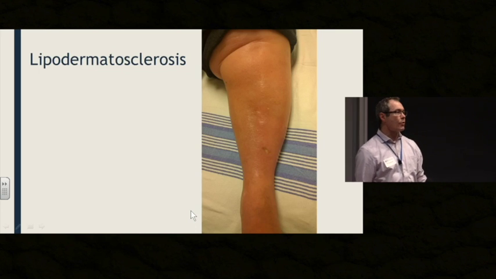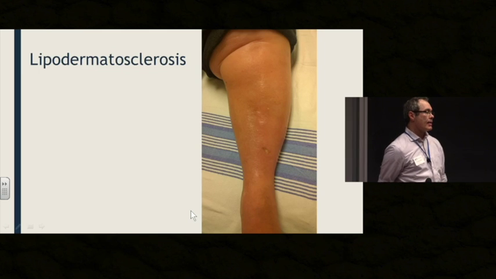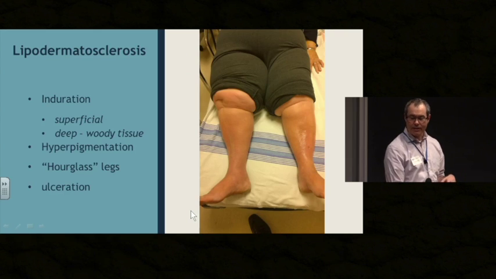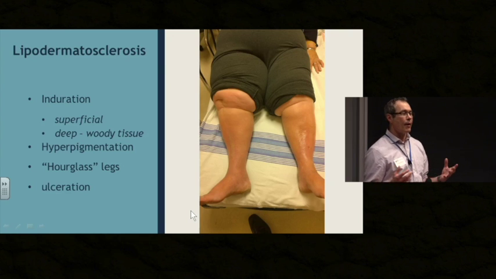So lipodermatosclerosis sounds like a mouthful, but it's lipo, subcutaneous tissue, dermato, skin, and sclerosis, scarring. This is the end result of people who have venous hypertension, venous insufficiency, and chronic venous stasis for a long time. Some of them develop scarring of the subcutaneous tissues, and it's a typical cause of the hourglass legs that you see, where people can be obese and edematous, but they've